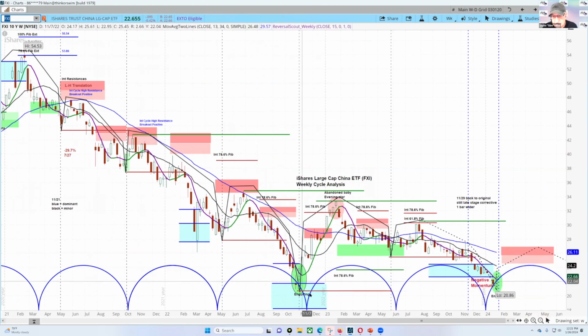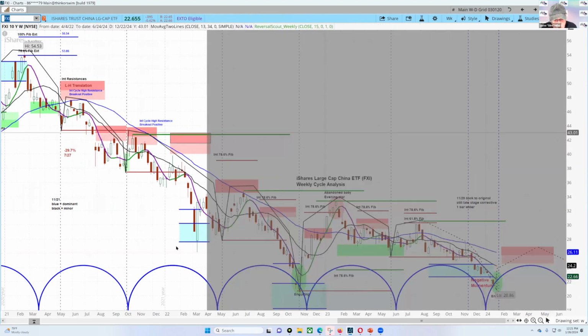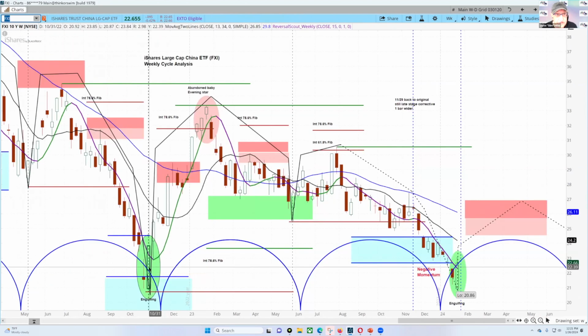And look at the cyclical patterns and how they line up. As you could see, the negative momentum that we still have, but still look what happened here where you had that engulfing pattern way back over here, and that is it in October of 22, and how that was the signal, and then the momentum turned up, and then you knew we were off to the races on the upside. The momentum here has not turned up yet.